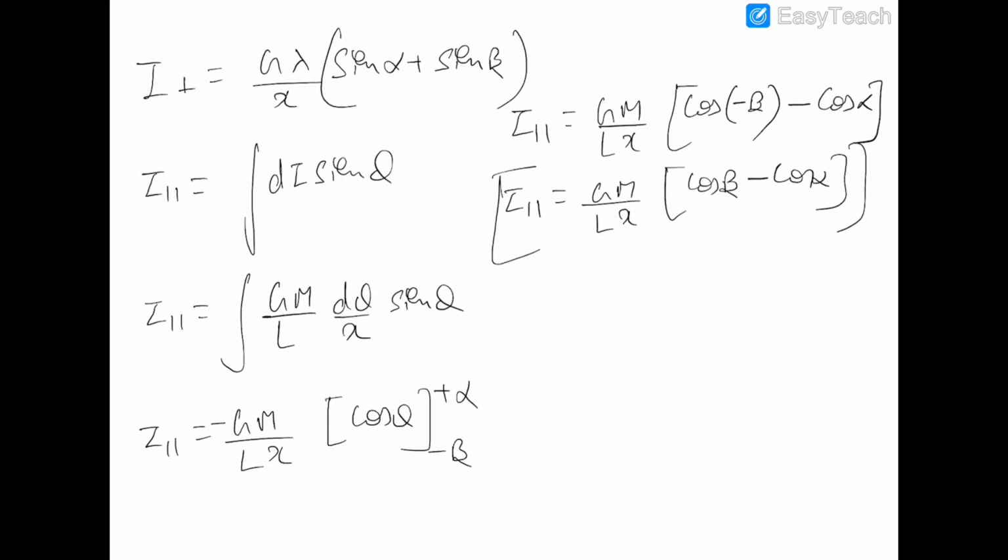Now there are some special cases. So let us discuss those special cases. For the first special case, you can again write this M by L as lambda. So I parallel would be G lambda by x, and this is cos beta minus cos alpha. So now let us discuss the special cases. So the first special case